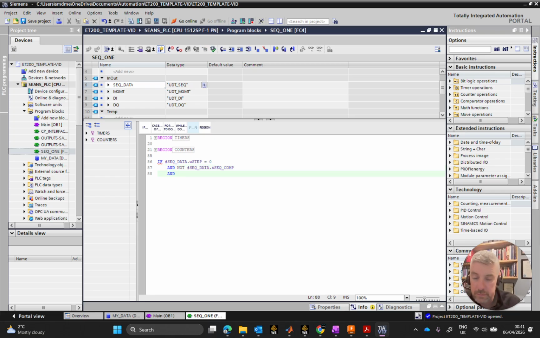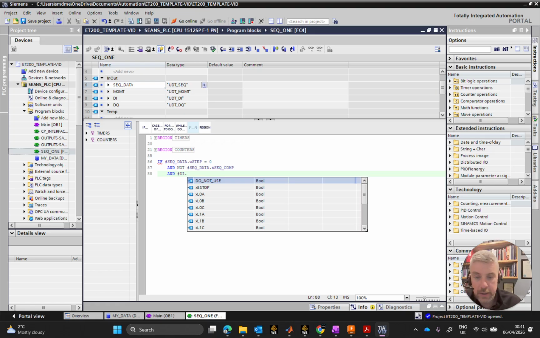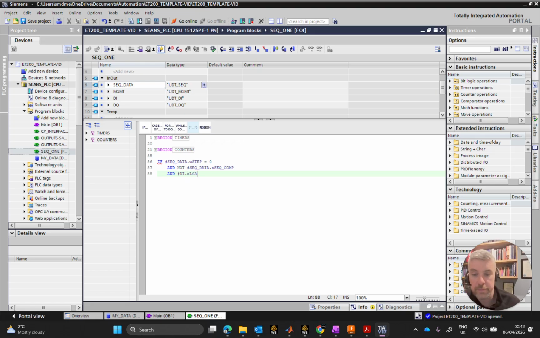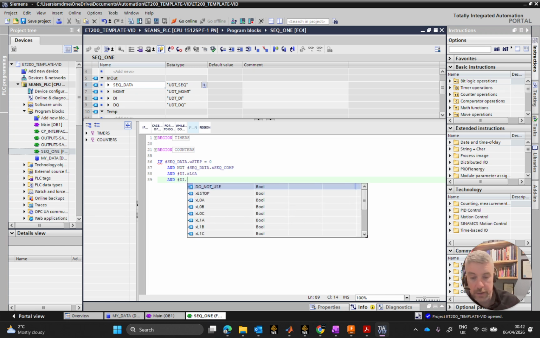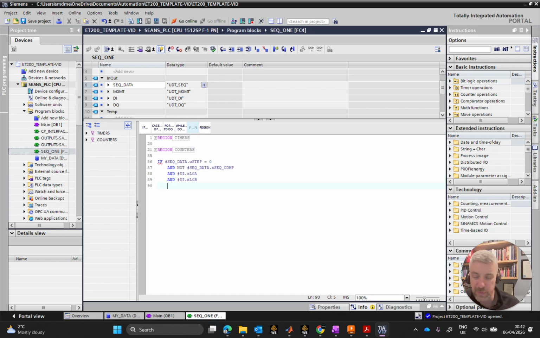And I'll also want to check that my cylinders are retracted and everything's in the right place. So I'll put these in that A and B are back, and di dot LOA and di dot LOB, put on LOC if I wanted to, then